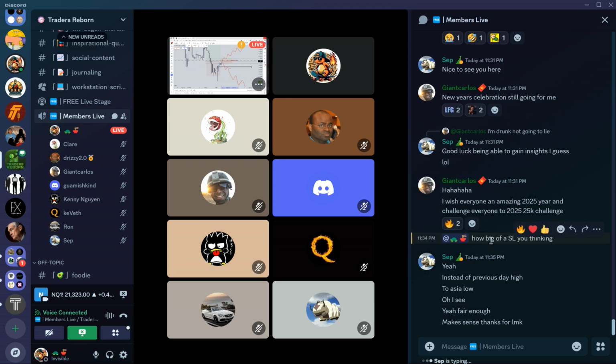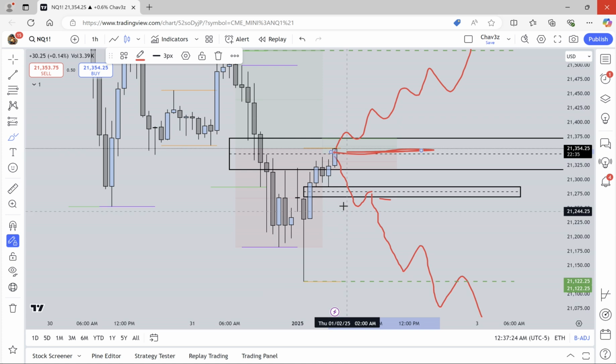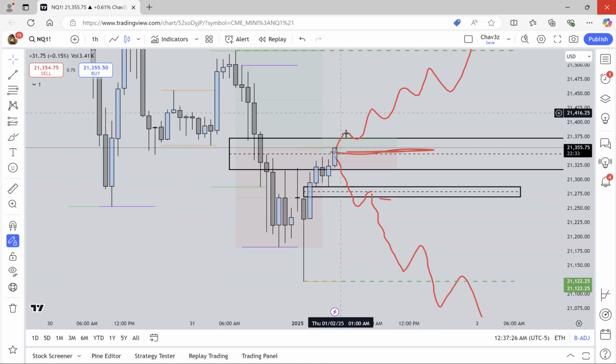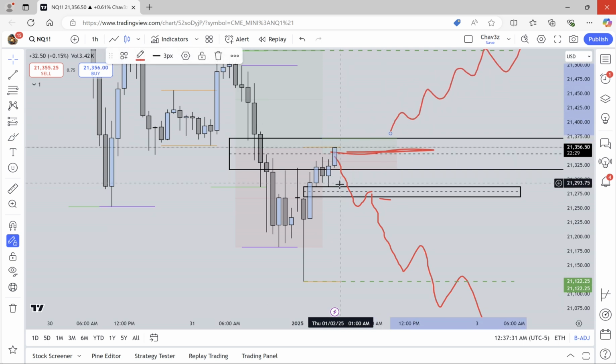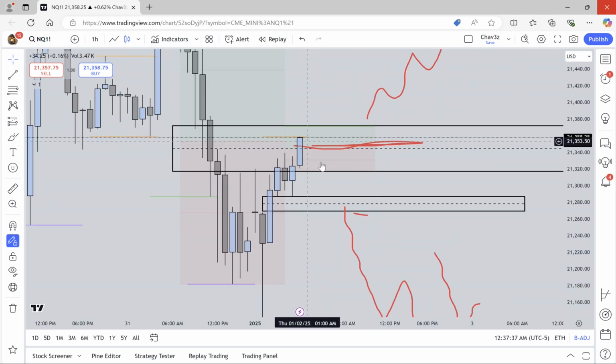Of course. How big of a stop loss am I thinking? For what trade? Like if I wanted to go long here, if I was to take a specific trade right now, let's just say I just want to go long. I'm always gonna look for the invalidation of the PD array that we're trading in. I'm gonna look for that 25% or that 100% as a stop loss.